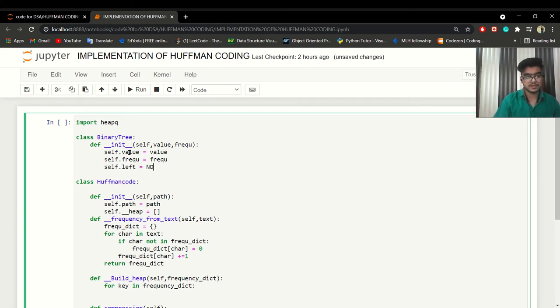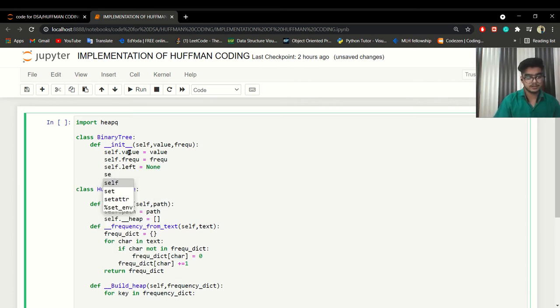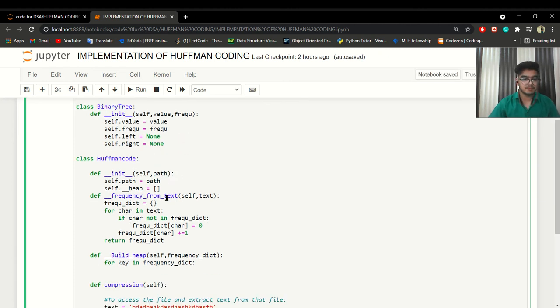So the left is none and right is also none. Okay, so now we have a binary tree class.